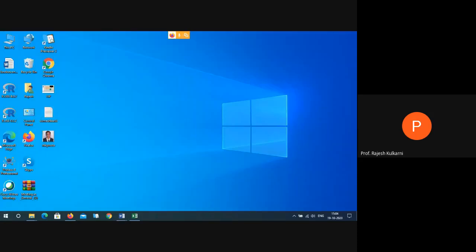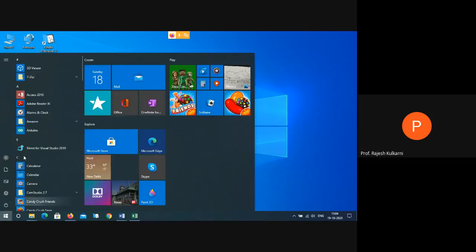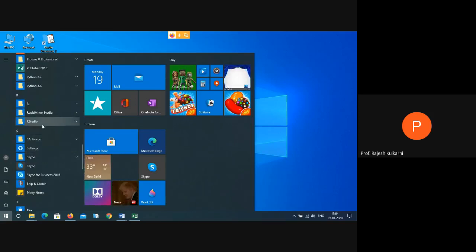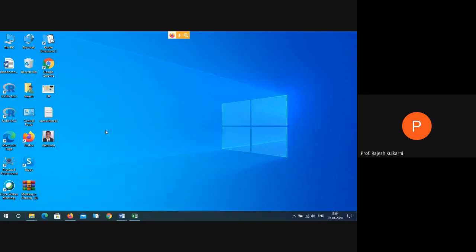So let us go to R Studio. I'll try to start R Studio. It may be somewhere here. Just give me a minute so that R Studio will be loaded.